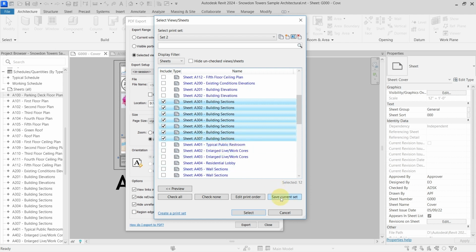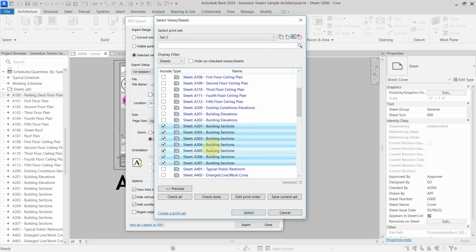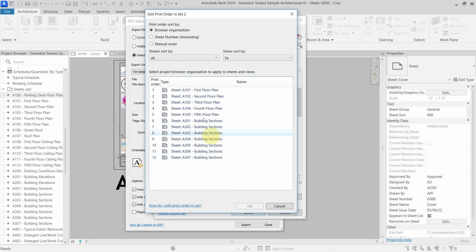Now I can save the current set to use it later, or I can just select it to use it now. If I'm not happy with the print order, I can edit the print order here. If I check this, you can see that I can have my print order set by browser organization, or by sheet numbering, or manually. So if I go with the manual order, and let's say that I want to have